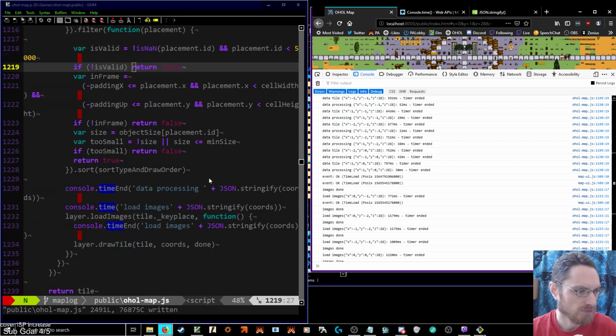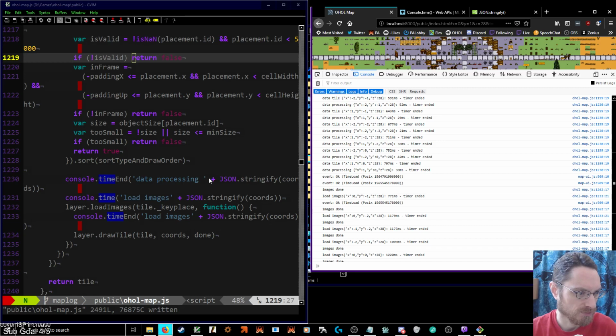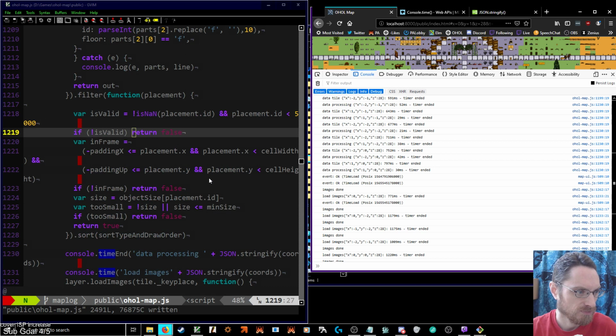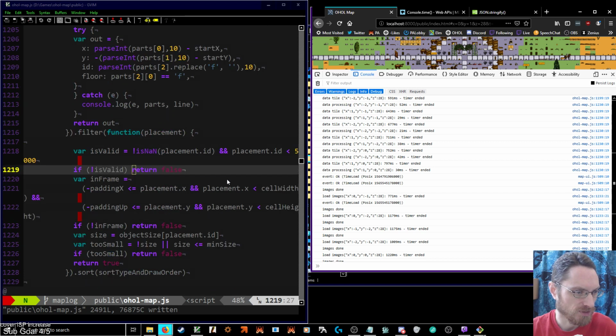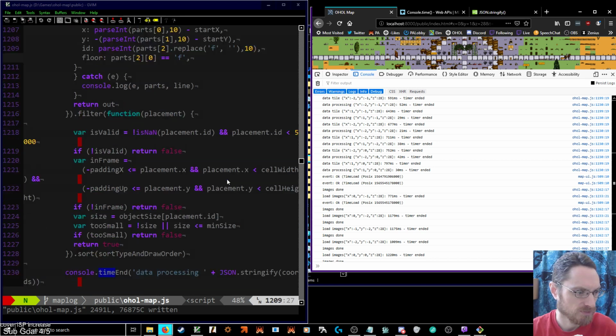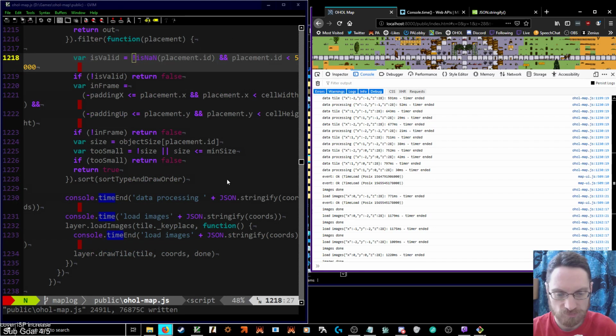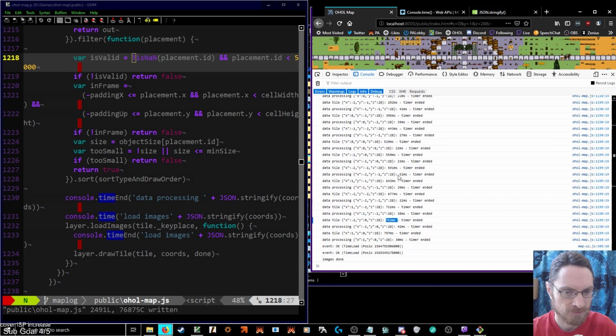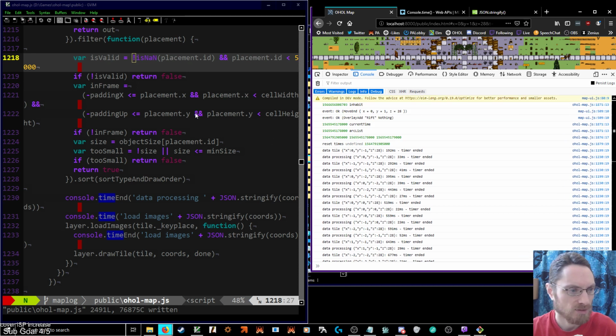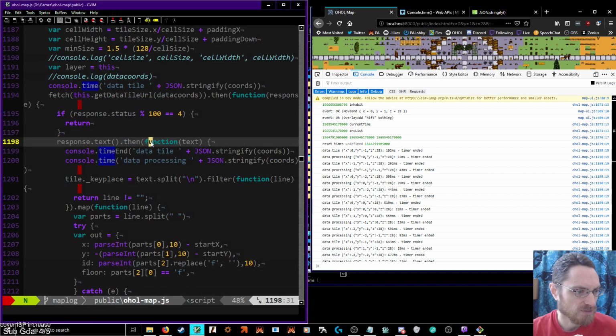And I would have to break down all of these different stages to see where that was going, but it's not anywhere near as big as these. So for this, I mean, this is per each tile, but